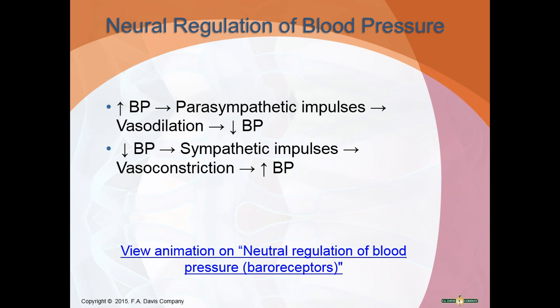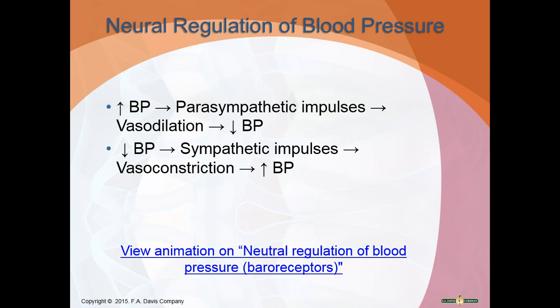The neural regulation of blood pressure. So the vascular system can quickly adjust blood pressure and alter the flow of blood to respond to the body's changing needs. This occurs because of input from the nervous system and the influence of certain hormones. The neural regulation starts out with the baroreceptors in the carotid sinus and aortic arch, which detect changes in blood pressure, and transmit signals along the glossopharyngeal and vagus nerves to the cardiac control center and the vasomotor